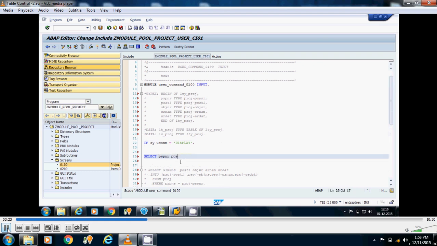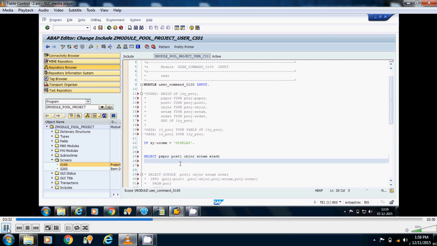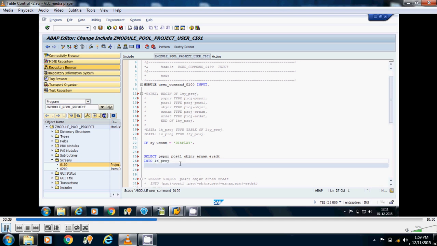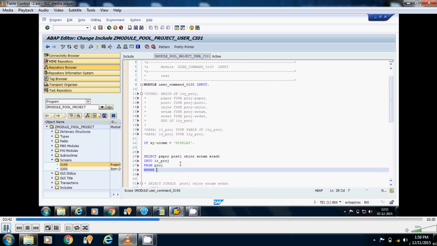Our second column is POST1 from the PROJ table. Third one is OBJNR, ERNAM, ERDAT, into, suppose, an internal table named LT_PROJ, from PROJ table where PSPNR is equal to PROJ-PSPNR.